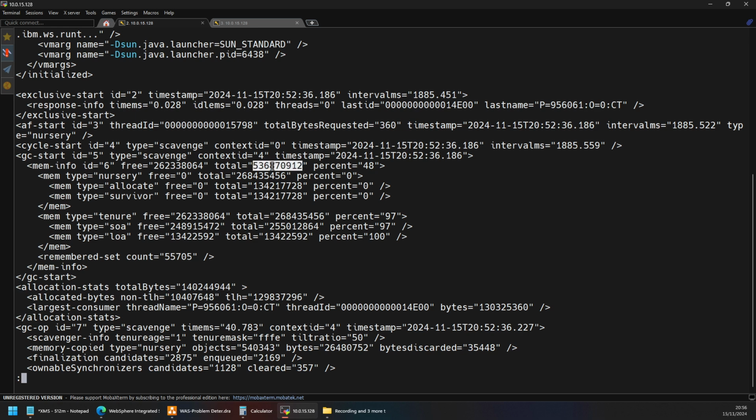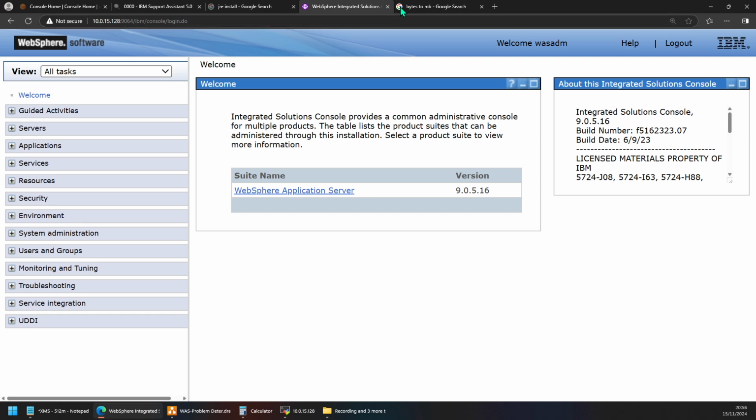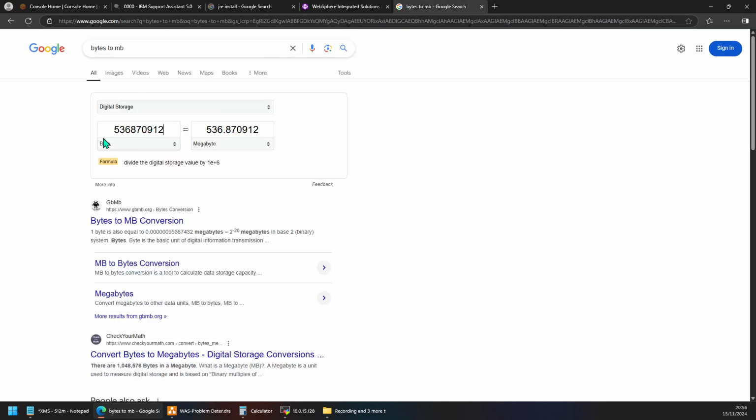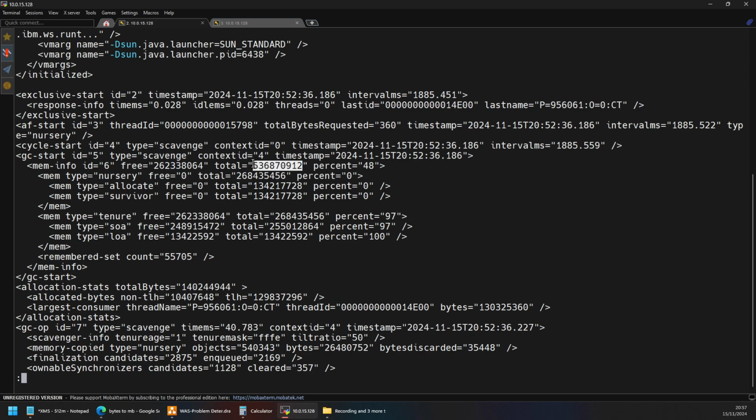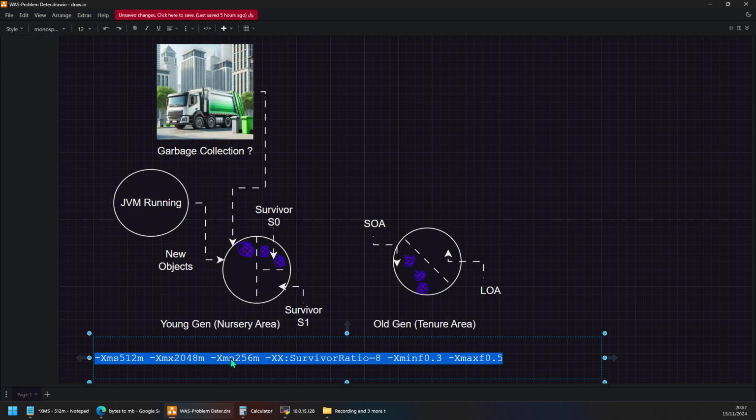Okay, this is in bytes. Copy this and put it in a Google byte to MB converter and then paste it, and you can see that this is 536 MB. So 536 MB is almost your minimum space, which is about 512, and we have given 256 MB for our